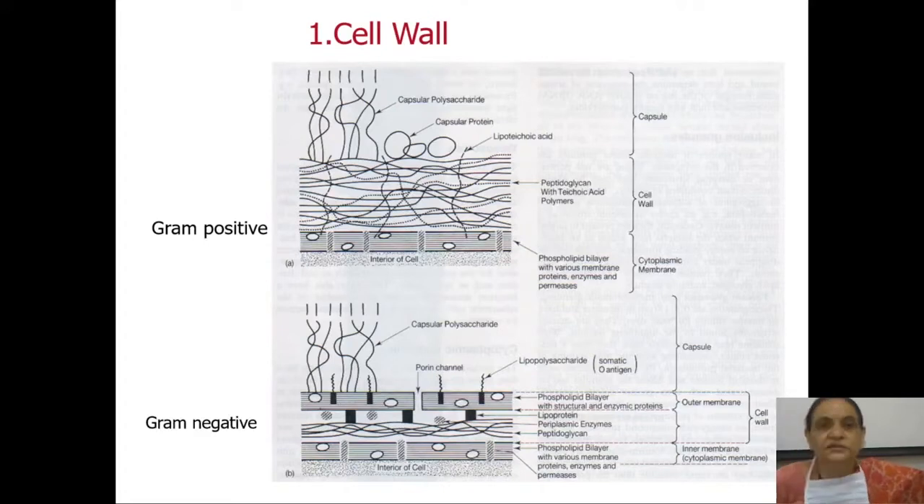So we have to understand this cell wall. It has many important implications, and we'll come to them. If you look at this picture, from your textbooks, you must have seen this. There is a gram-positive cell wall, there is a gram-negative cell wall. And you see the difference, that in the gram-positive cell wall, the peptidoglycan is very thick,